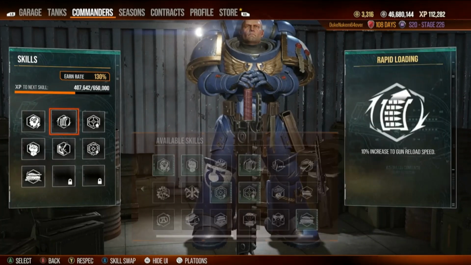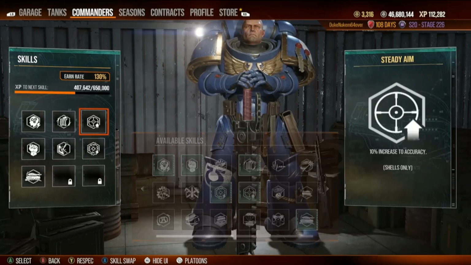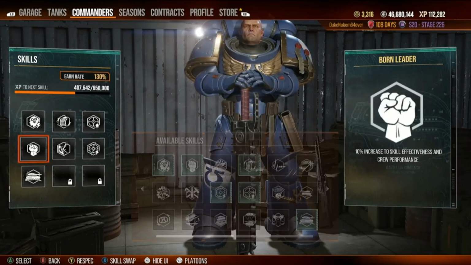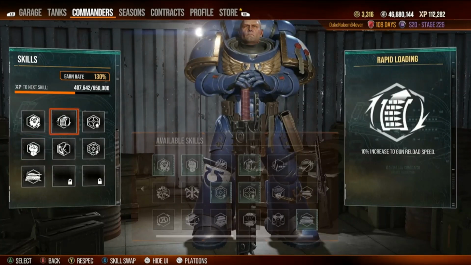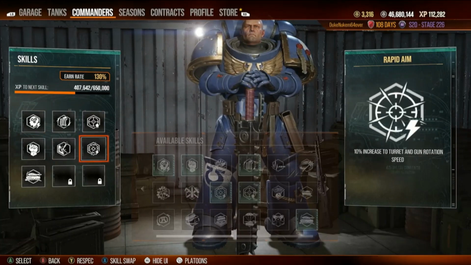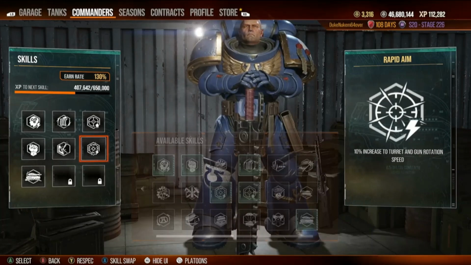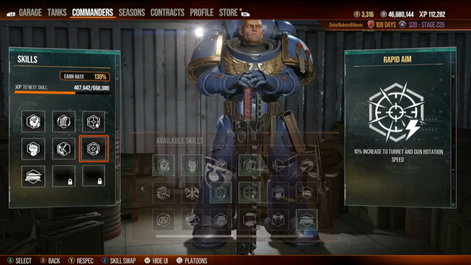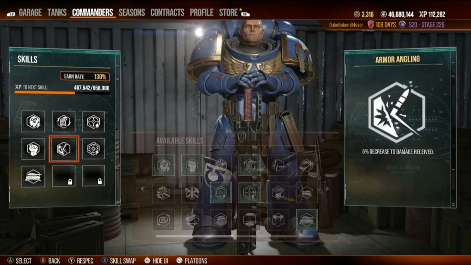But anyway, what we have here is reload, aim accuracy, born leader. Because born leader affects aim, reload, and also vision. Oh, I already have it on this guy, no wonder. I already have the turret rotation. That's why it's decent. Okay, so we're good with that. And I also have